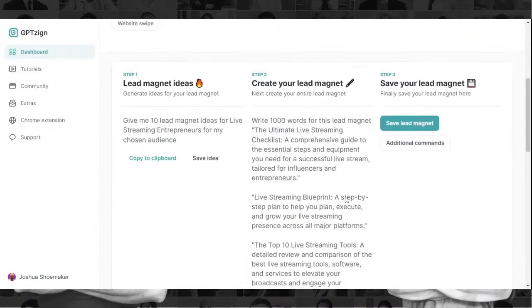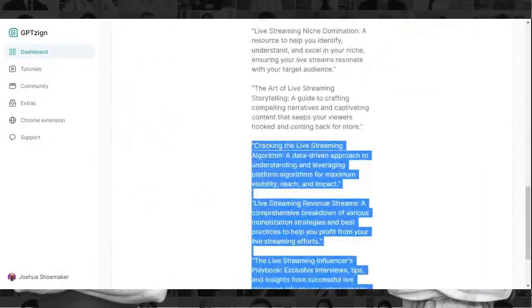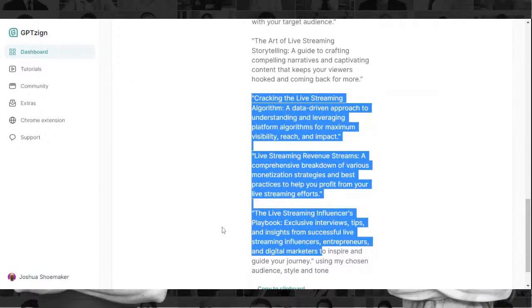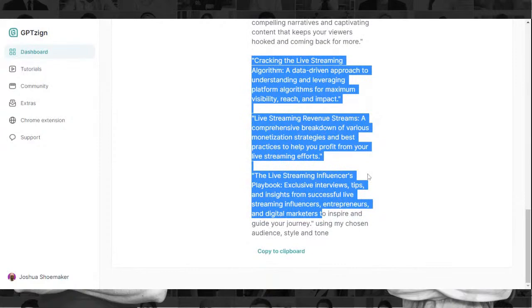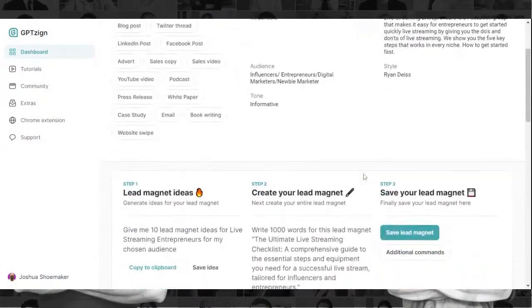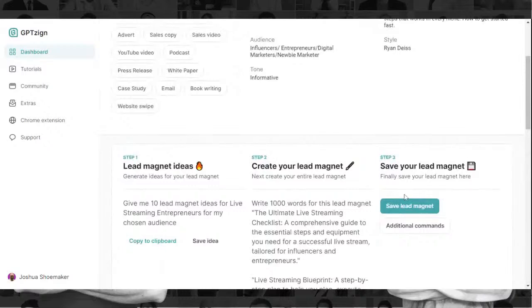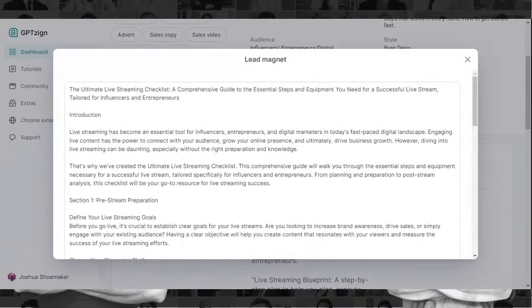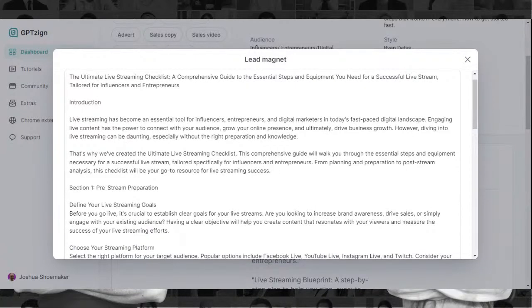Then you'll paste that back into ChatGPT, okay, and it will do what you told it to in the beginning. Then you click save lead magnet, okay, and you copy that and paste it in here. Right here is a lead magnet that I just played around with for a couple minutes.